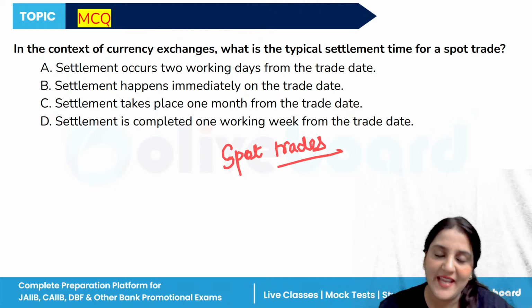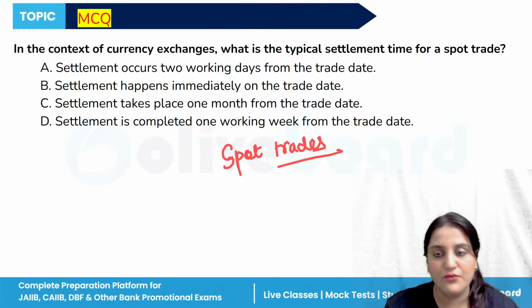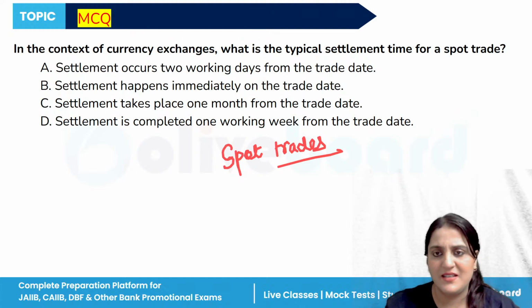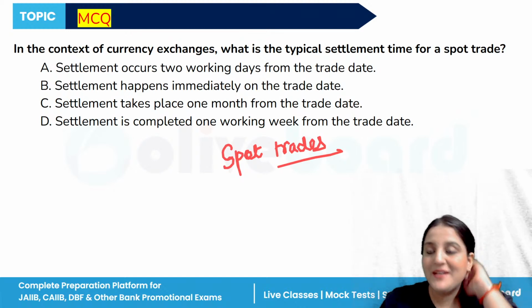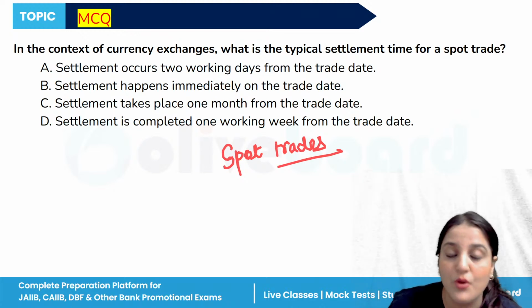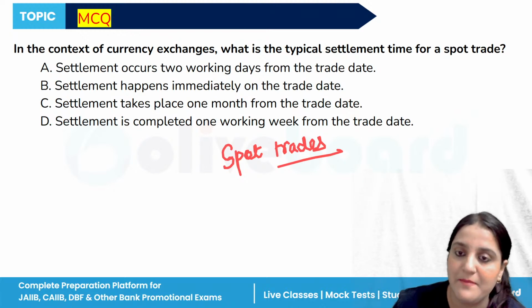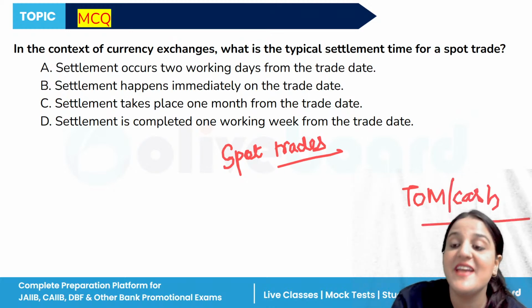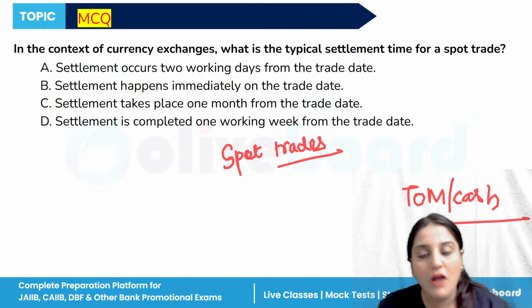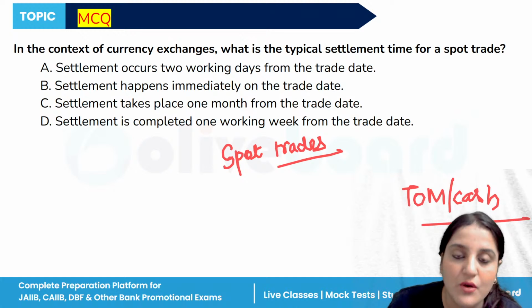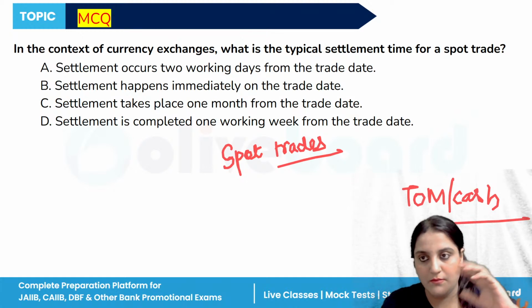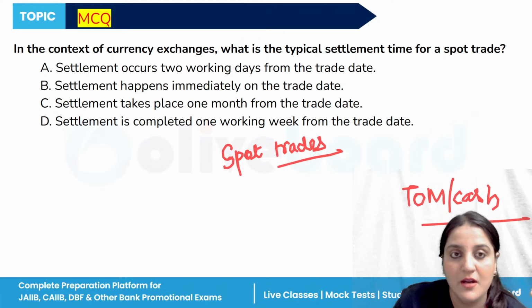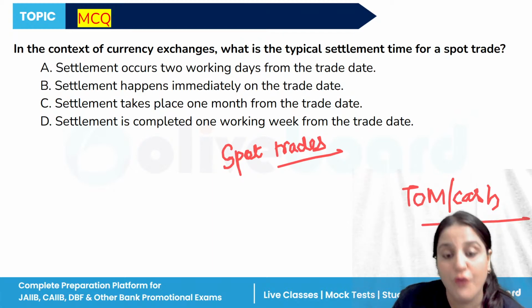Spot settlement takes place 2 working days from the trade date. After the 2 working days, that is basically on the third day. But currency may be bought and sold with the settlement on the same day. That is called TOD, and TOM is cash on the next day. All the exchange rates which are quoted here, which are important, are basically for the spot trade by default,